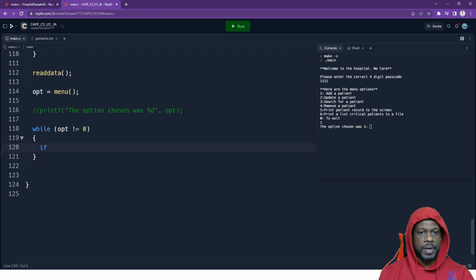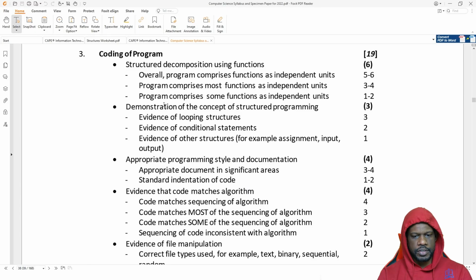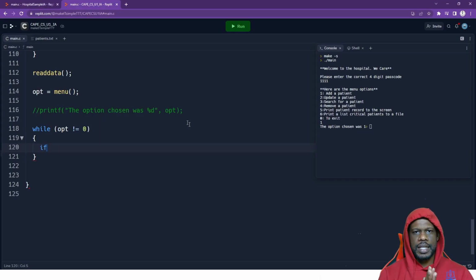It's going to get you some marks for, you see this part where they have evidence of the concept of structured programming, where you show that you have looping structures, you have conditional statements, you have assignments, right? These conditional statements, like an if inside of a while or an if inside of a for, that's evidence of you knowing how to code, right? So if opt is equal to 1,